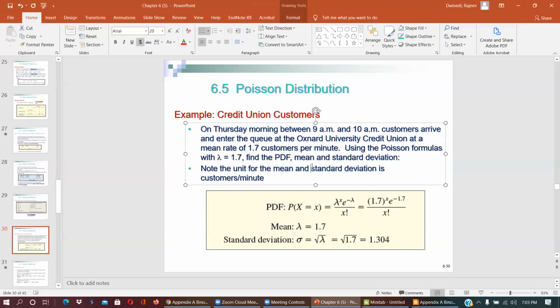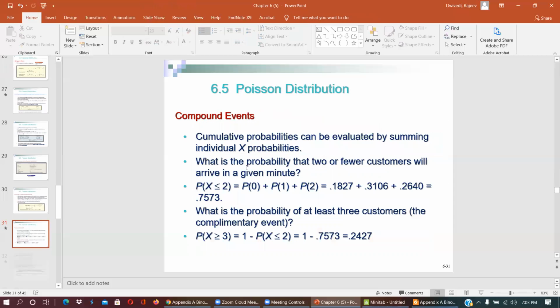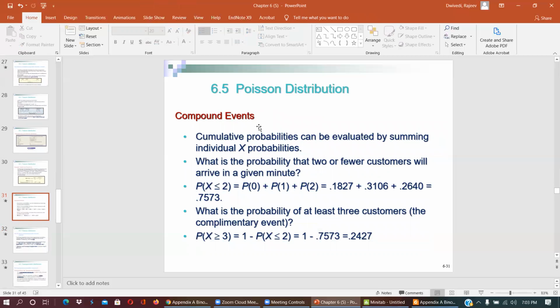Mean, what is the mean? Mean is 1.7. Standard deviation is the square root of 1.7. So mean is 1.7, and standard deviation is the square root of 1.7. PDF is this. Now look into that. Cumulative probability can be evaluated by,